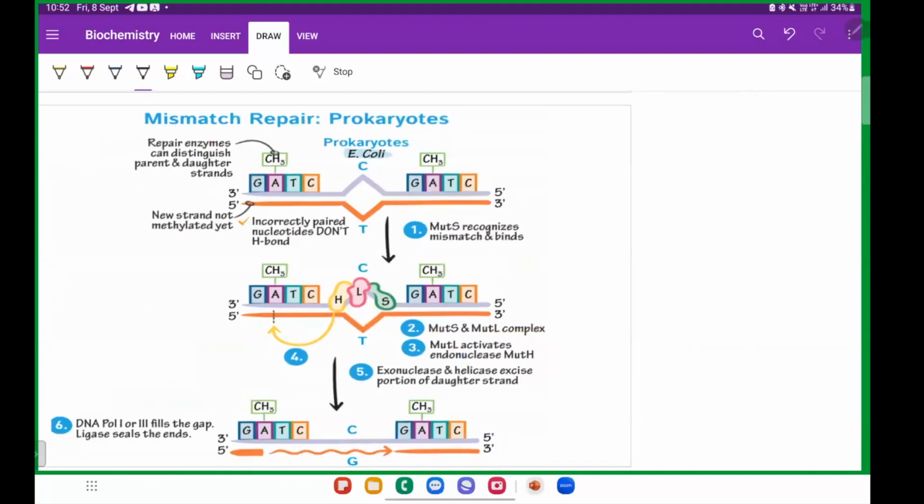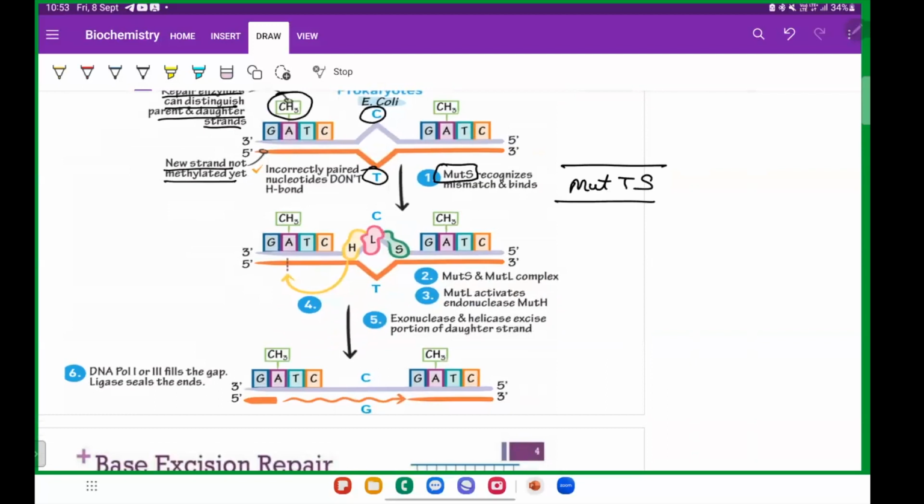The repair enzyme can distinguish the parent and daughter DNA strand. The new strand is not having methylation, so the parent strand has methylation but the new strand does not. Okay, C in the parent strand, you're going to have T. No methylation. Who detects it? MutS. So MutS recognizes the mismatch and binds at that particular area. MutL and MutS bind together and form a